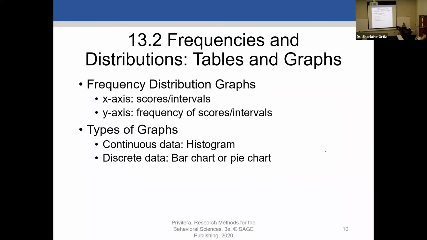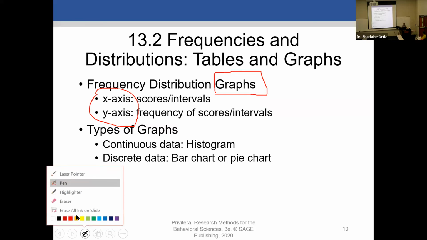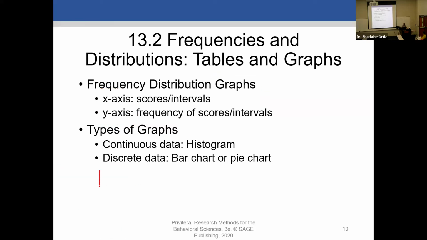Now, we were talking about tables. But like I said, we do have other means of measurement. In this case, we can move into other aspects such as graphs. We talked about tables showing me that frequency, but I can also show you this information through a graph. Most of you are familiar with the X and Y axis, but I'm going to cover it very, very quickly. So generally, when we are looking into a graph,